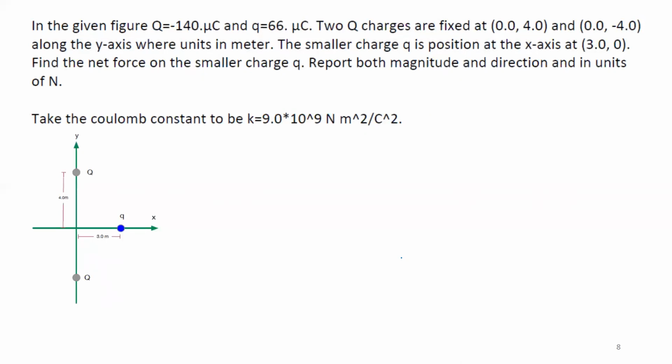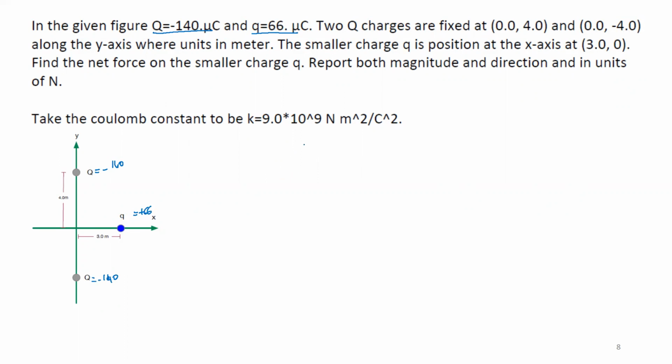So this problem, we already solved it, but let's do it quickly. We have Q, which is minus 140 microcoulomb. You have small q, which is 66 microcoulomb. So here I have minus 140 microcoulomb, and here I have minus 140 microcoulomb, and here I will have plus 66